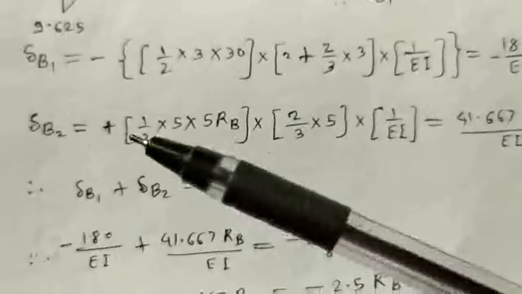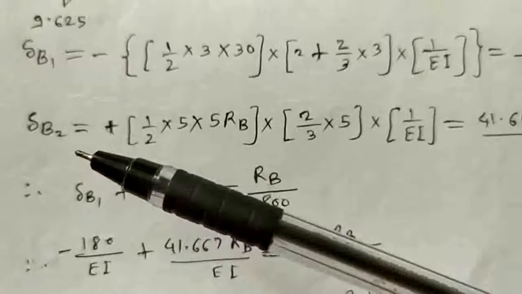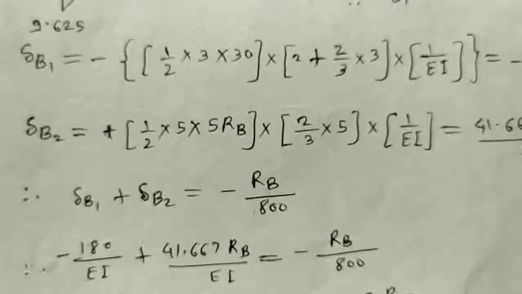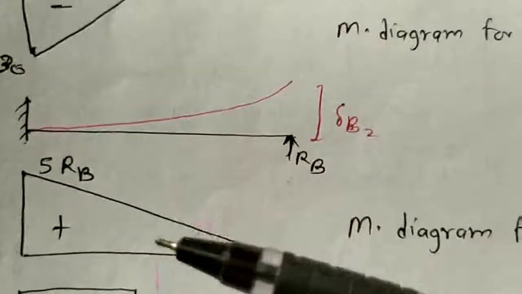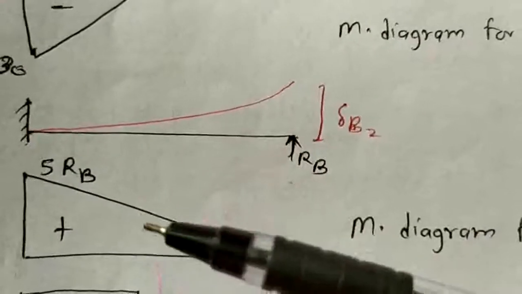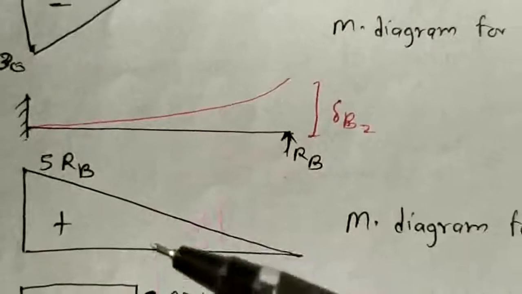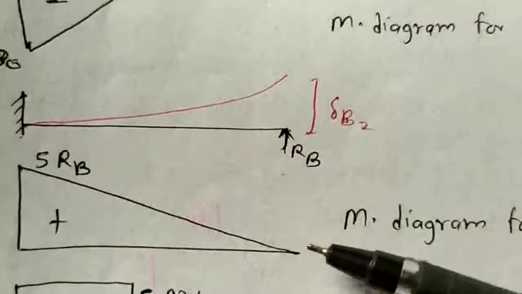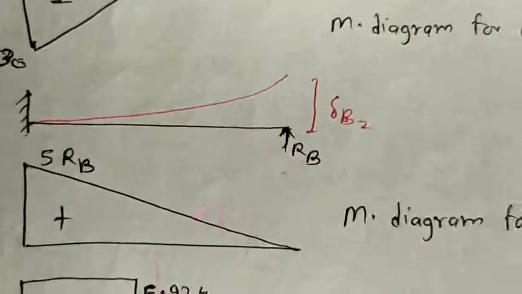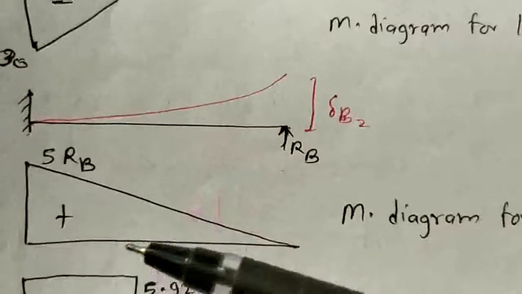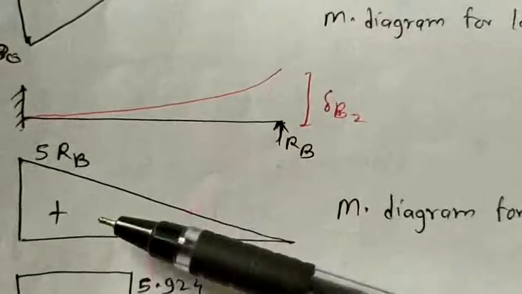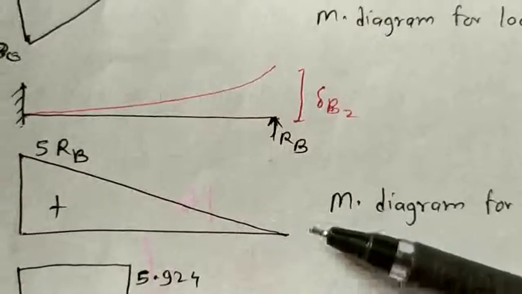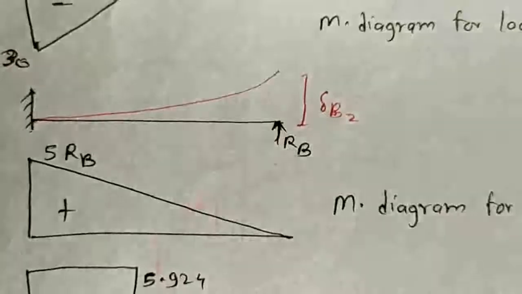Next, likewise find out delta B2. Again, to find delta B2 we'll come to the bending moment diagram. So this is the M diagram. First of all, take a moment of this area about point B. First we'll find area into centroid distance. Suppose this is the centroid, from this point to this point we'll measure the distance. Next I will multiply it by the EI.